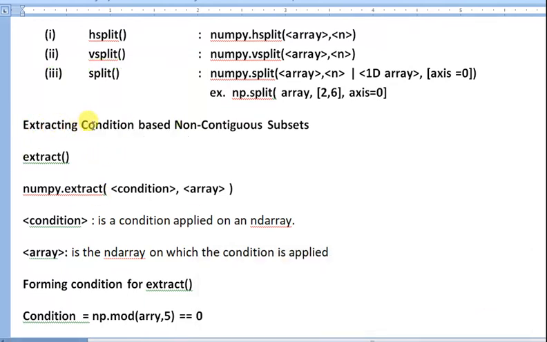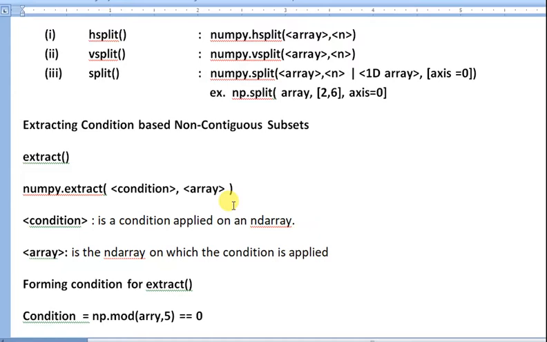Next is extracting condition-based non-contiguous subsets. Suppose the extract function: when you want to extract a non-contiguous subset, meaning you want to extract the values that meet some specific criteria, you have to pass some condition, and that should apply on each and every element of the 2-dimensional array.